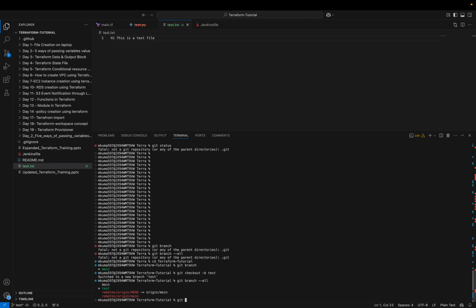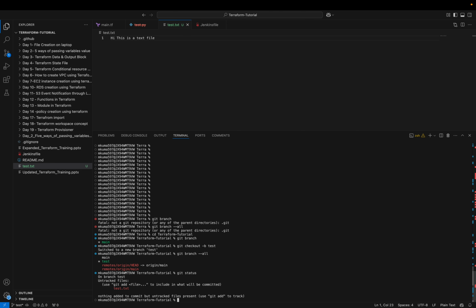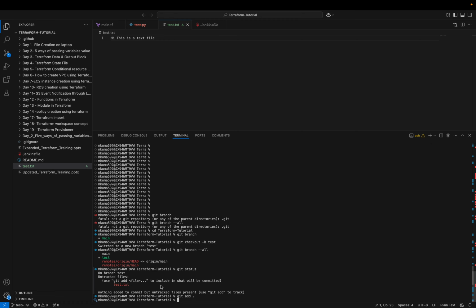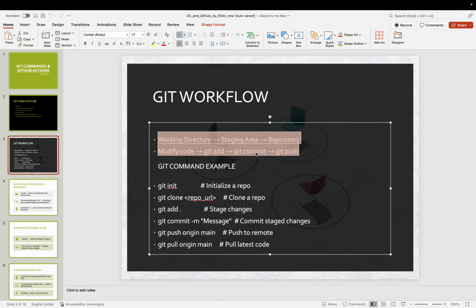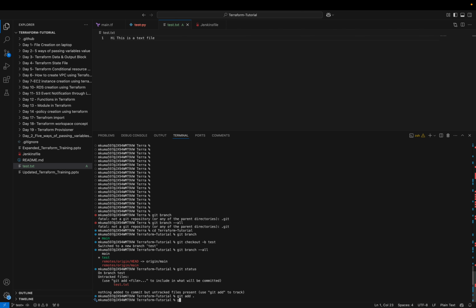What will you do? You will do git status, which will track all the things that have been added. So you can see the test.txt file has been added. Correct. Now you will do git add dot, which will add this file, according to the ppt. First git add, then git commit. Correct. Now we will do the git commit